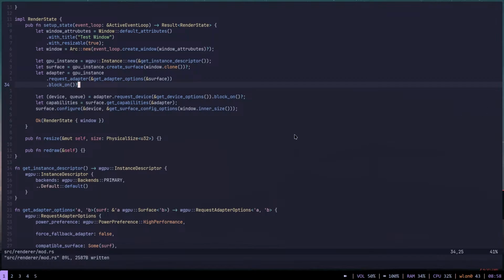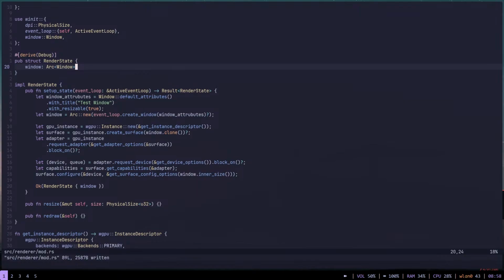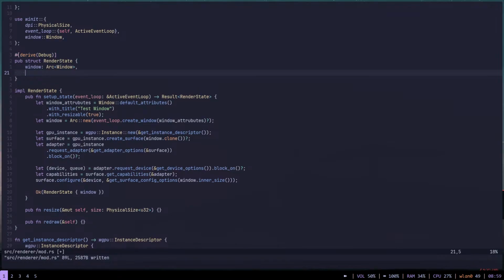So you have the swap chain and all that, and surface.configure does not return anything. Okay, so let's add all this to the accumulated render state. Why don't we? And also get a quick drink of water. Okay, so